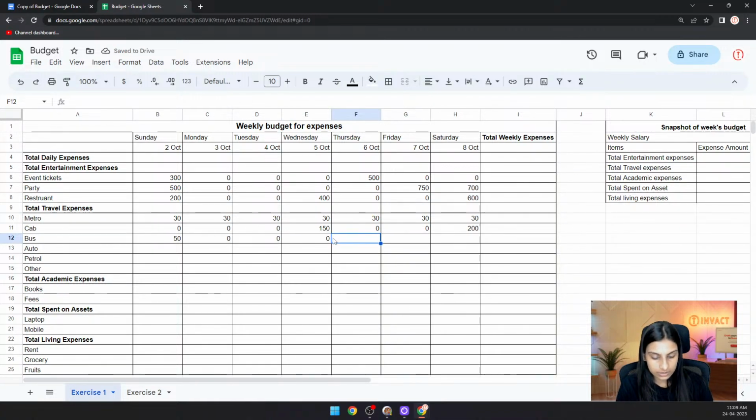Then on Thursday, I again spent 50 rupees, and then 0, 0. Okay. Auto. Okay, then the first day we did not spend anything. On Monday, we spent rupees 40 on auto, and then 0, 0, 0. We spent rupees 40 again on Friday, and 0. Okay. For petrol, since I'm using all these conveyance in all these days, let's keep our petrol cost to 0,